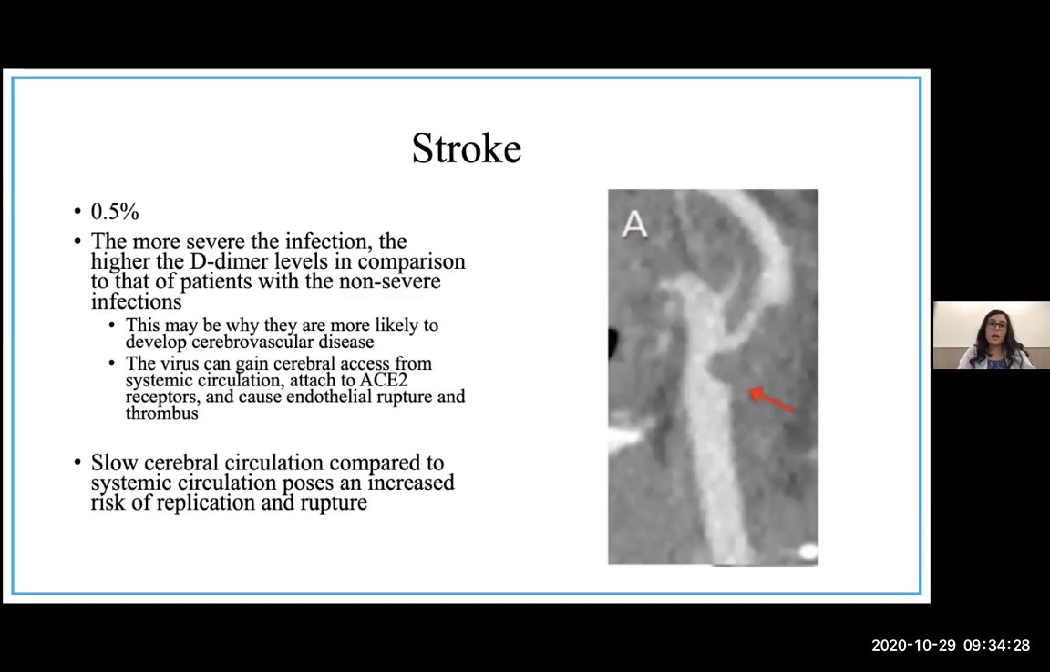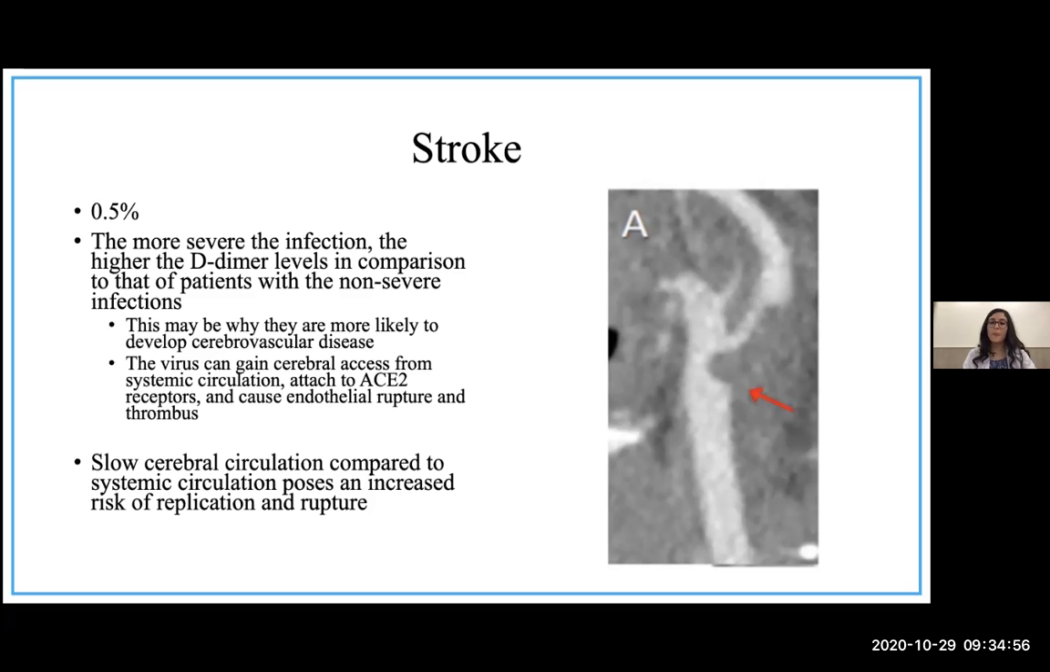Okay. About 0.5% of patients suffer from strokes, and it is believed that the more severe the infection, the higher the D-dimer levels, and the more likely these patients developed strokes because the virus gained access to cerebral circulation, bound to ACE2 receptors, and caused endothelial rupture and thrombus formation. It's also believed that the slow cerebral circulation compared to the systemic circulation poses an increased risk for the viral